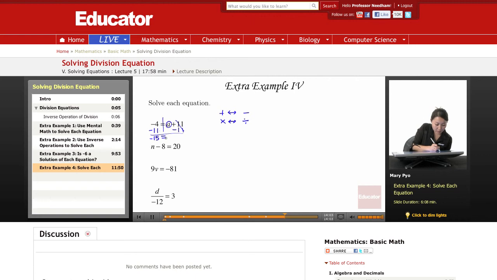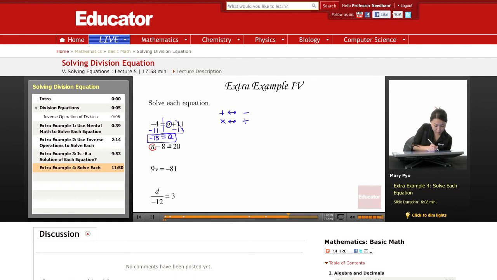Bring down that equal sign. And then on this side, what's left? Only the variable, because whatever was here, we got rid of, right? That number that was there. So this is it. This is the answer. The whole point, the goal is to get the variable by itself. And the next one,